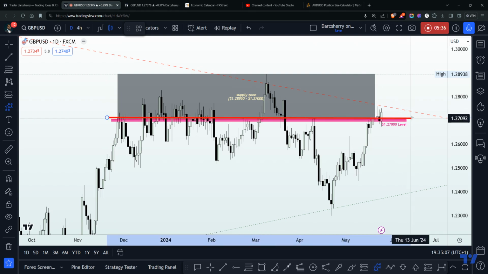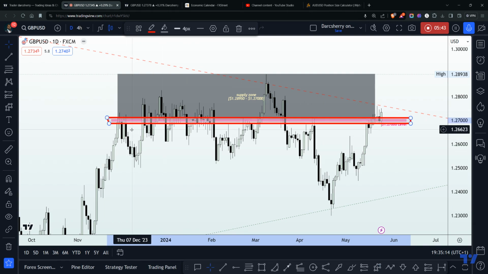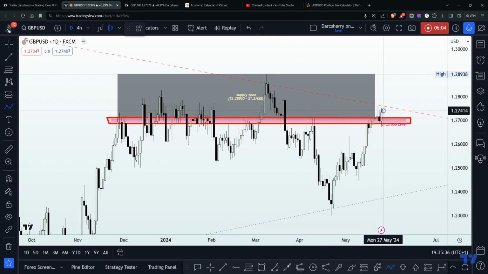1.2700 area. And in fact, if you look at this level, ever since last year November, you will see that it has played a significant role in determining the direction of price action. And of course, you know how we use our key levels in this community. As long as price remains above them, we want to be looking out for patterns and structures that support the idea of buying, and we will not consider selling unless price breaks down, retests the key level to incite a